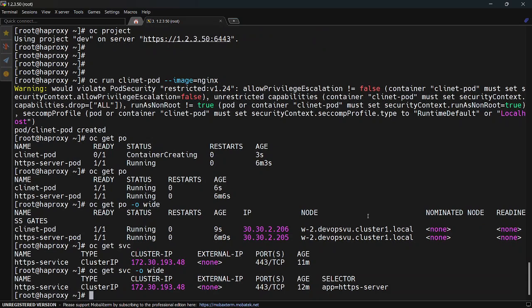Yeah. So from this pod, I will hit HTTPS to this IP, and from this pod, I will hit this service on this port. So here in this pod it's 8443, and in this service it's 443. Okay, let me quickly jump into the pod, the client pod I created,